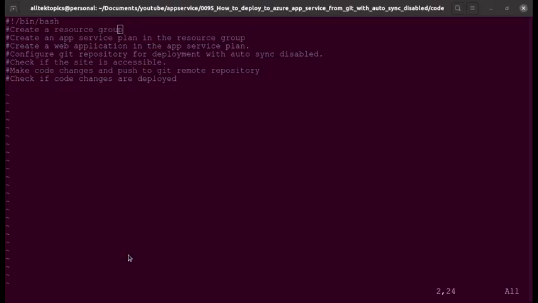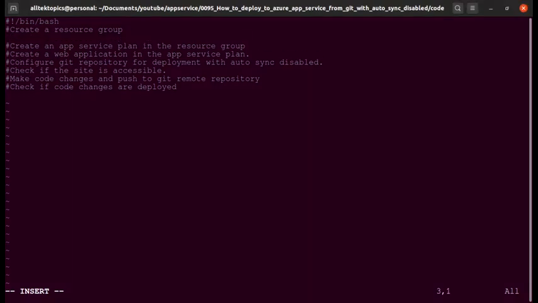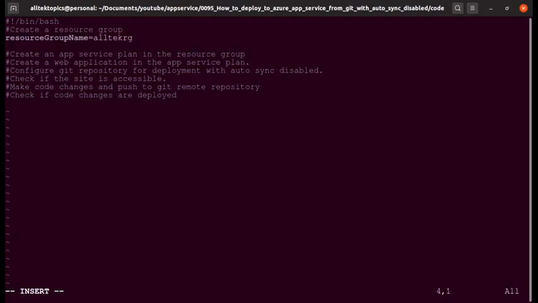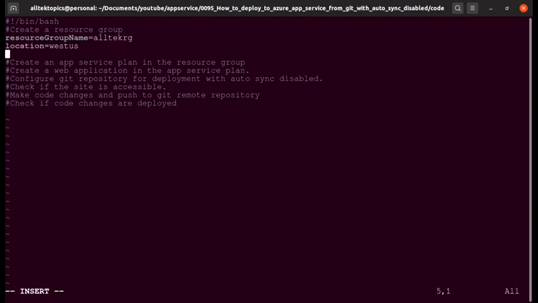In the screen, you can see the steps we will be executing to deploy code from remote Git repository with autosync disabled. For creation of the resource group, we will need a resource group name and a location. Let's define variables for them. Command to create a resource group is as follows: az group create